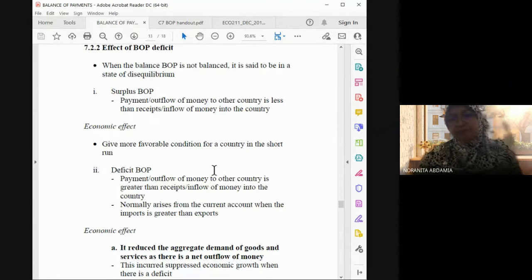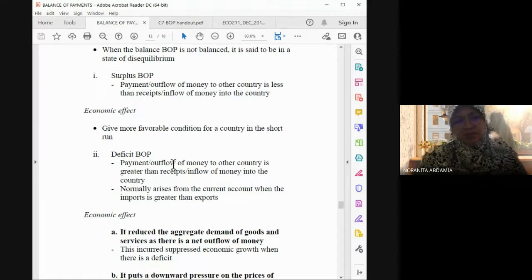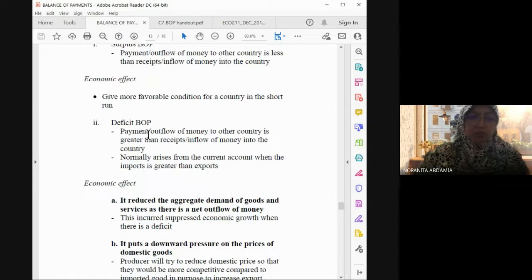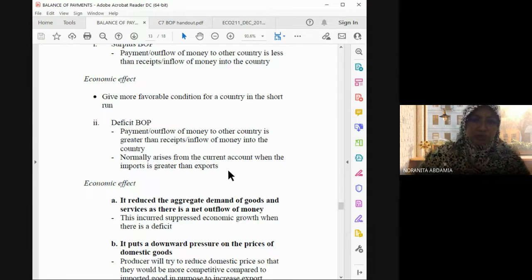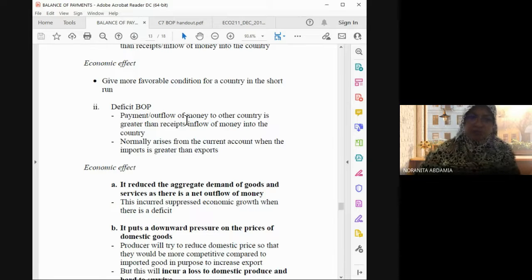And if we are facing a deficit, deficit that's apa? Money flowing out is greater, duit keluar banyak pula, bermakna apa? We actually export less and we import a lot. That's a problem. That's why it causes a deficit. And of course, this is also because the trade balance, the currency and the financials cannot balance, which is in a negative situation. So what's the economic effect? If we are facing with the deficit ni, apa masalahnya? What's the economic effect to us?